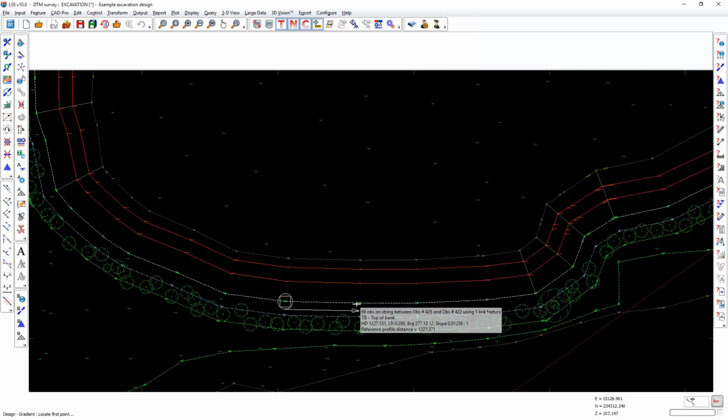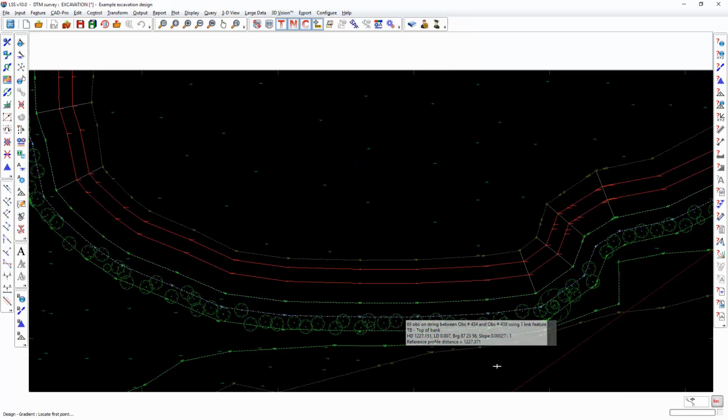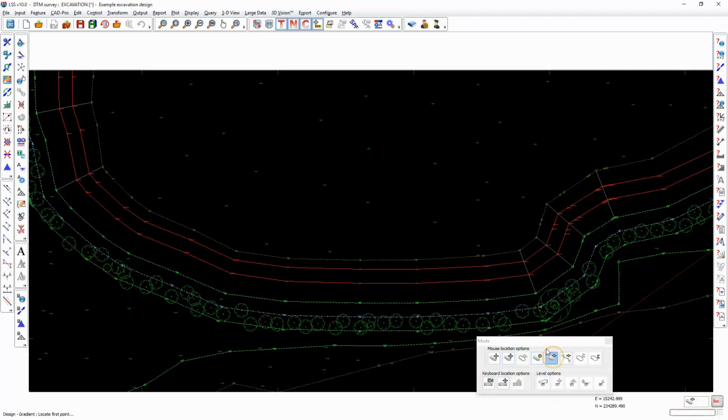Now I'm not going to use whole string. I don't want an access road all the way around the outside. So change the mode to 2-point string. Choose my starting point, and I could go from start to finish in one go if I wanted to, but I'm just showing you the process here. So I'm just going to go point to point,